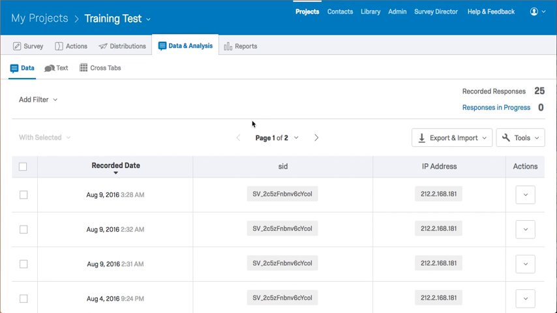Hi, so just a quick video to talk through the question you sent in. There is a slightly different process for exporting special characters in different languages in the Qualtrics product. Now we're hoping to make this a little bit easier in future, but the way to do this is basically